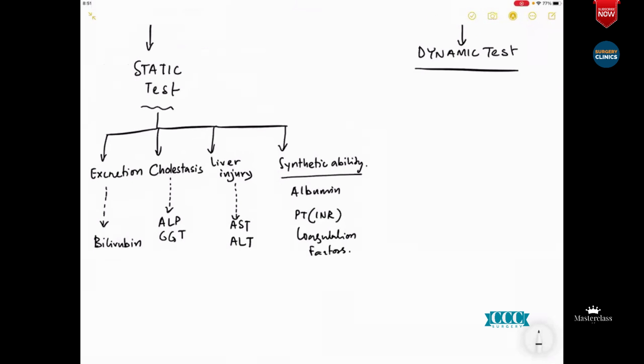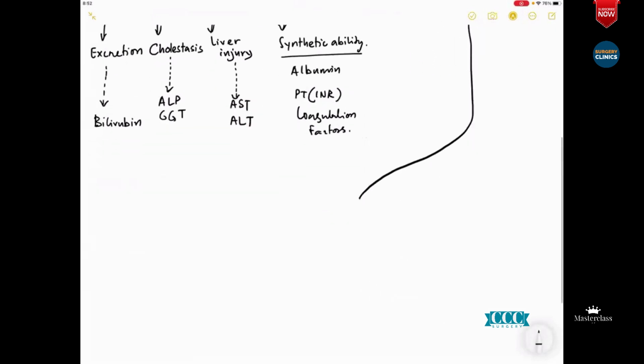But the dynamic tests are those that you require when you are planning a liver resection, and we will be coming to this very quickly. Particularly in a liver transplant, this becomes an important issue. Remember, the main issue about knowing this group of tests, which you may not have heard about, is something to do with liver resection, and in this modern era, very importantly, with a liver transplant. So we divide the dynamic tests into 3 groups.